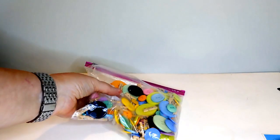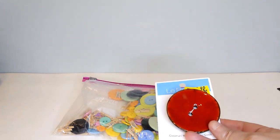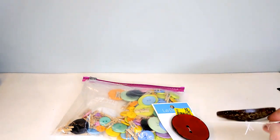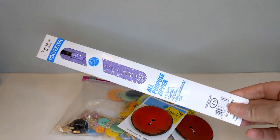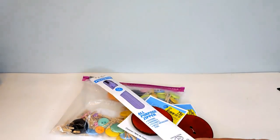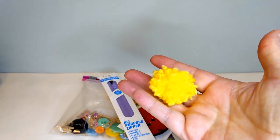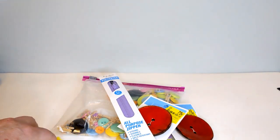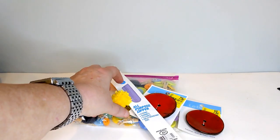You can see them here. And then also I have various sizes of buttons that I picked up along the way. Those are some of your embellishments that you can put on. Maybe a zipper. You can use a real zipper, or you can make your own pom-poms. I have very few made because as soon as I make them, I use them on my projects. And so pom-poms is another one that you actually could make and put as an embellishment for these fiddle mats